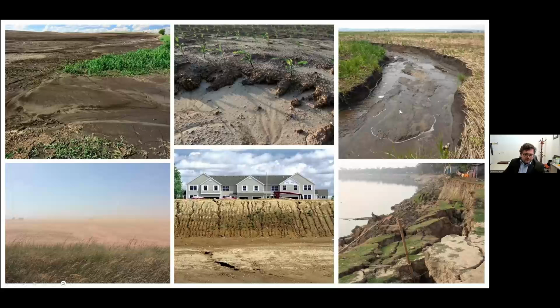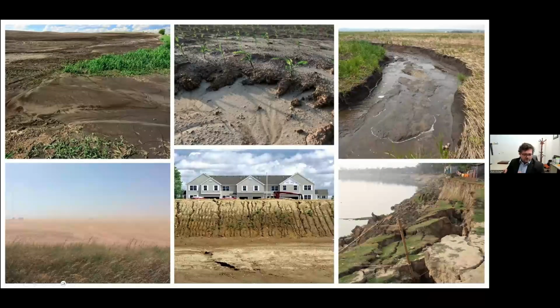In the top right, we have a small classical gully that's formed in South Dakota. Here on the bottom in the middle, we have rills. This is not cropland, but it's still off of a construction site and is a good picture that's from Ankeny. And in the bottom right, this is not in the US. This is a picture from Bangladesh showing mass wasting.